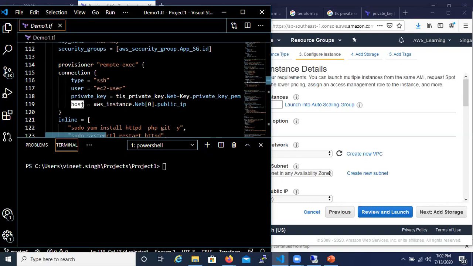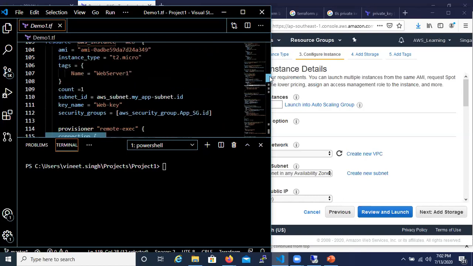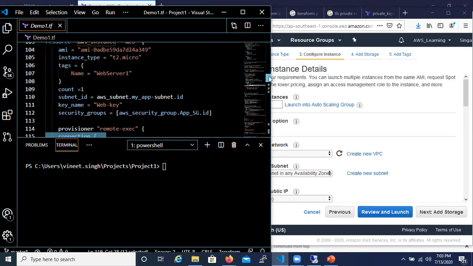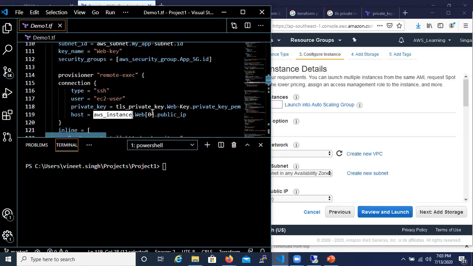In order to define the host, again I am going to use aws_instance. If you see here, aws_instance.web, this is the same part which I've used here. The main reason of mentioning this 0 is because of the count that I have mentioned. You can have multiple instances launched within this.